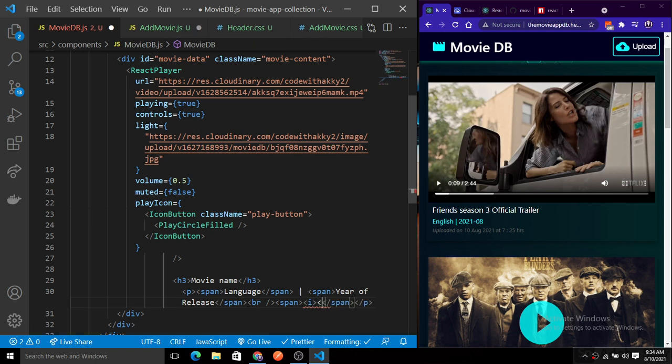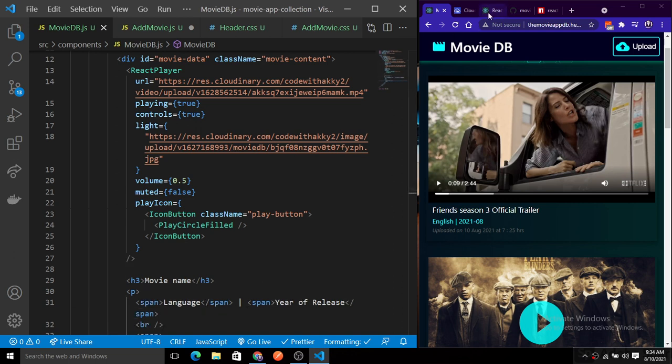So I will simply add an i tag, the italic one, so this will be uploaded on. So these are the things there. Fine. After this we are done with the pagination and all those things. Now let's save this, and we will be good to go to build the things.